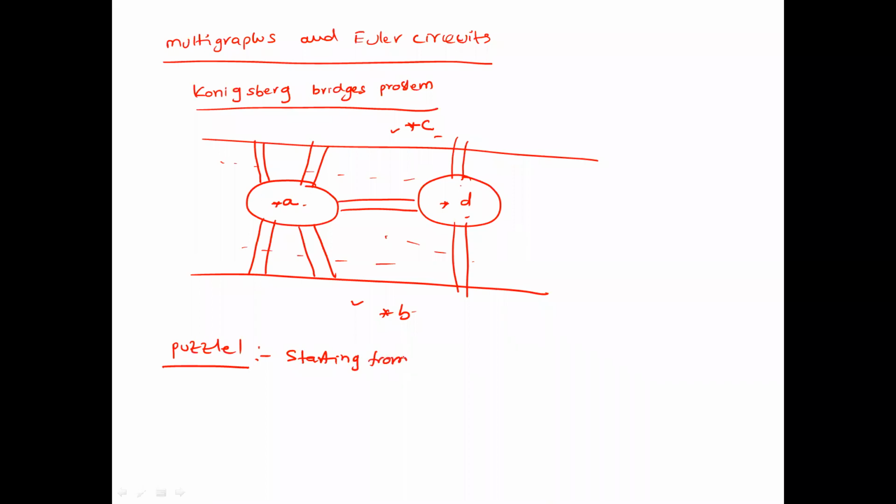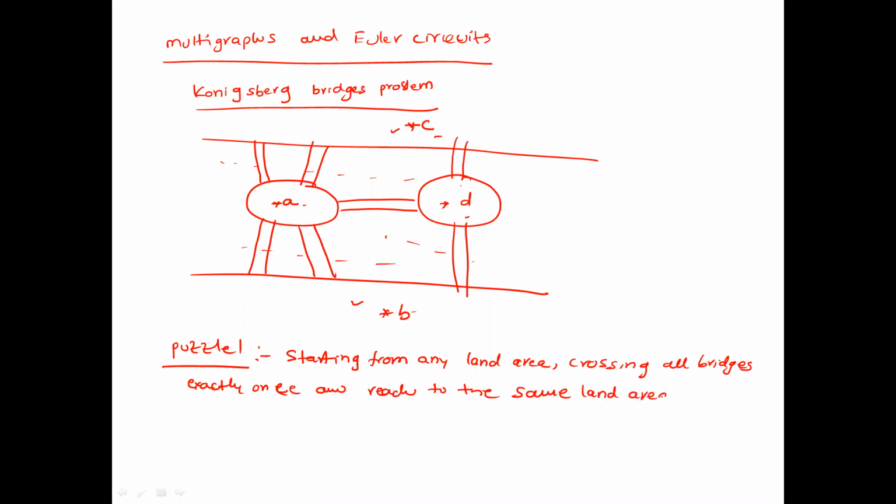Starting from any land area, crossing all the bridges exactly once, and reaching the same land area. That means if I start with A, then I should again end up with A by crossing all the bridges exactly once. Puzzle 2 is